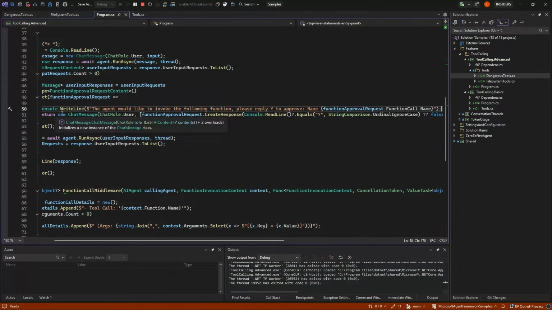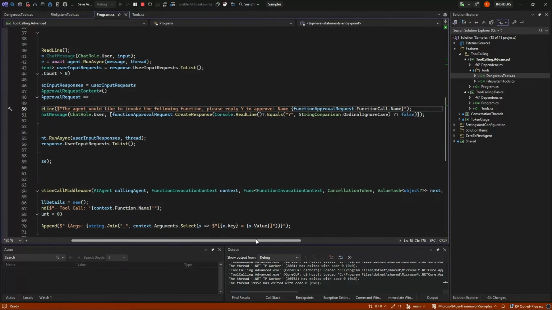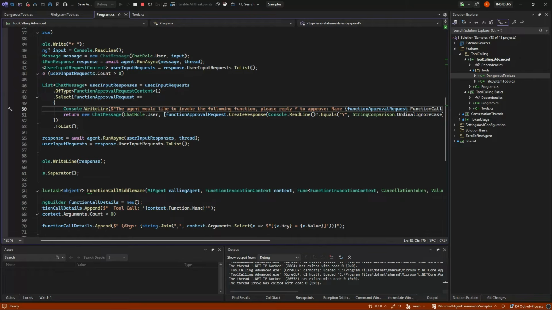And then we add one more chat message back that says we are okay with this. So create a function request here and create a response that we are okay with it or we are not okay with it. And once we have done that, there will actually be one more message in the chat history saying the user approved or the user did not approve.